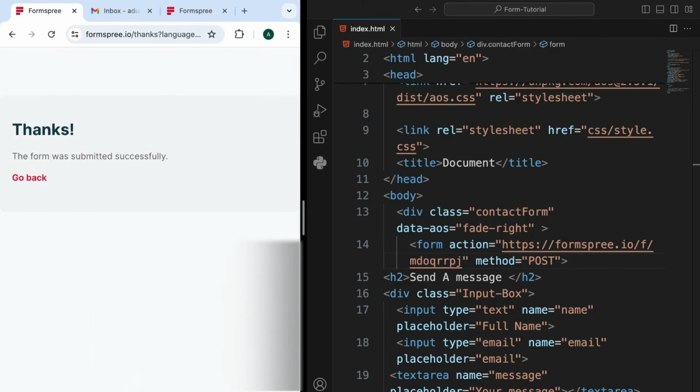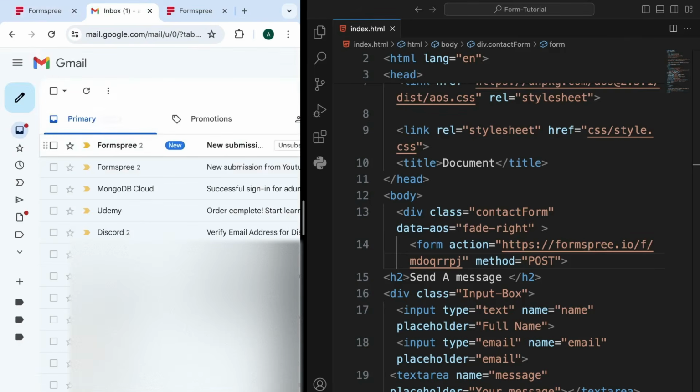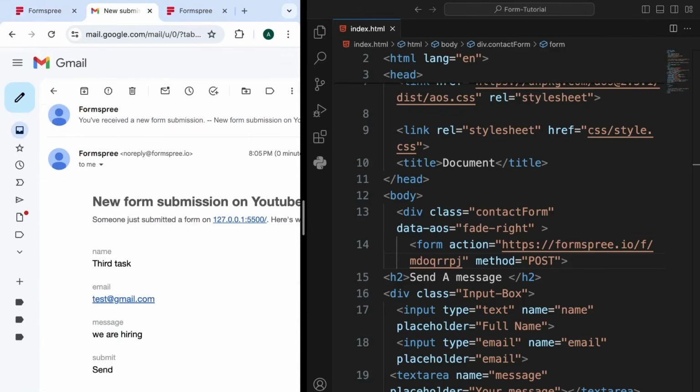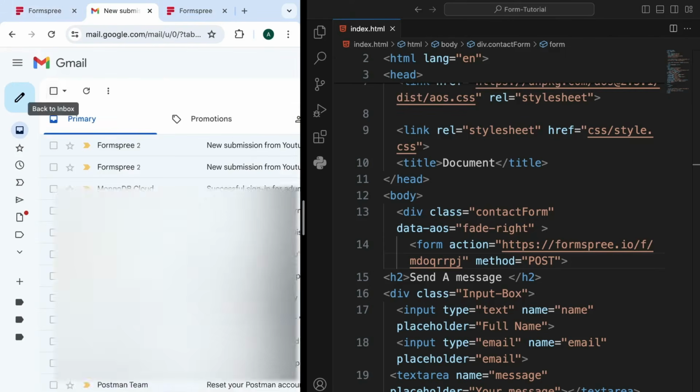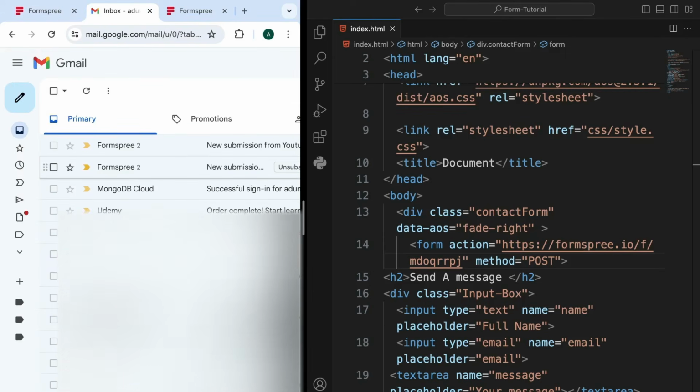Now our form was submitted successfully, and if we come here, we have a second submission. So that's how simple it is to add form submission to your work,